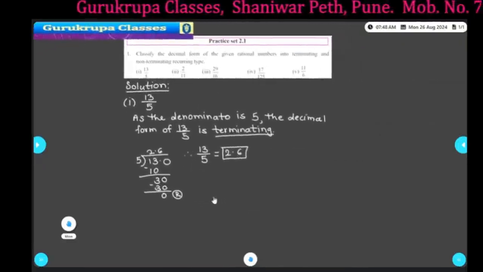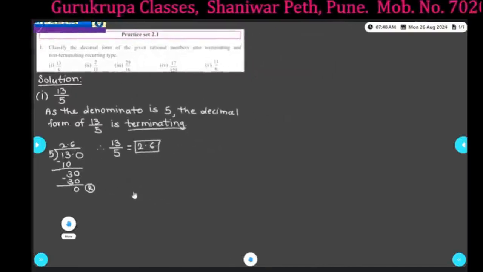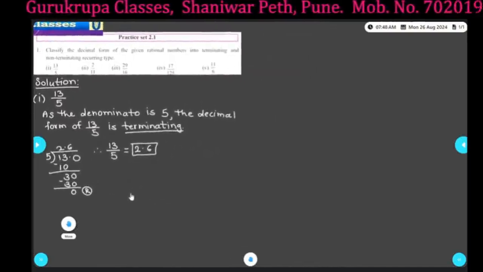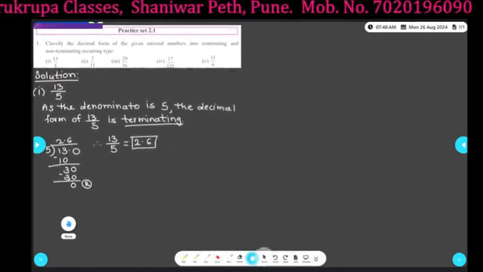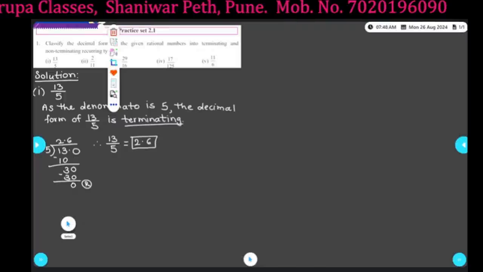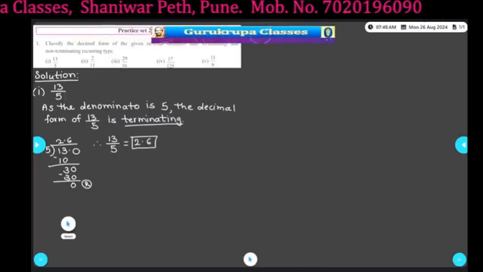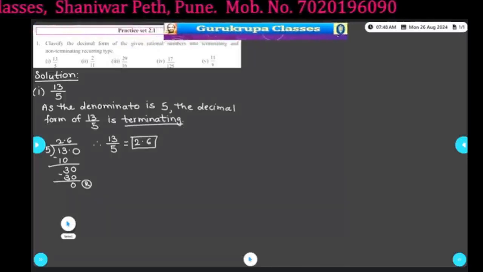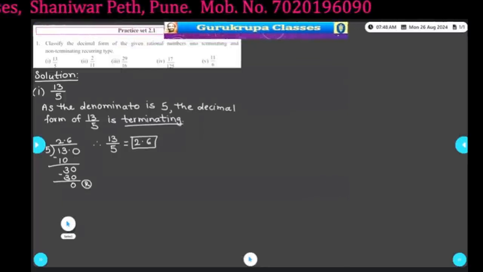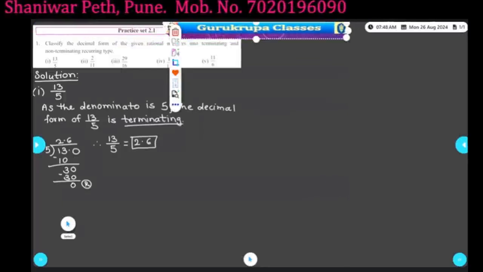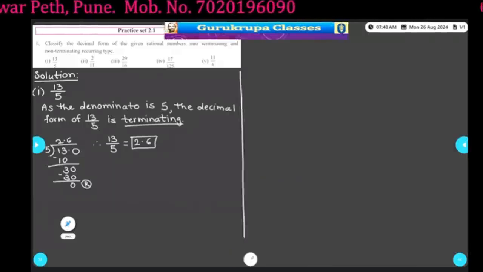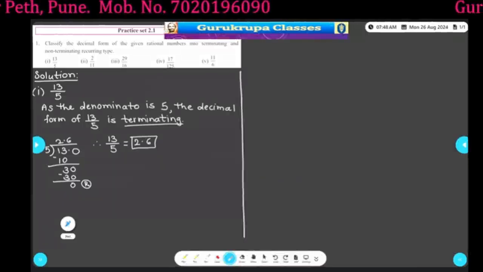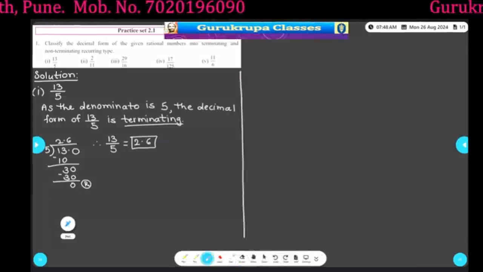हा 2 किंवा 5 म्हणून काय बघितलं आपण की 2 आणि 5 असेल तरच टर्मिनेटिंग डेसिमल फॉर्म असं आपल्याकडे असतं, असं आपण बघितलेलं आहे. So here if we observe that terminating की नॉन टर्मिनेटिंग हे ठरवताना आपल्याला we have to observe the denominator. So in second sum we got that the denominator is